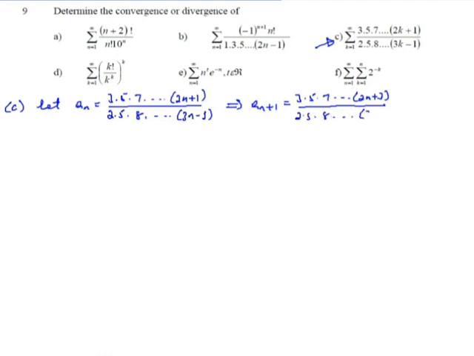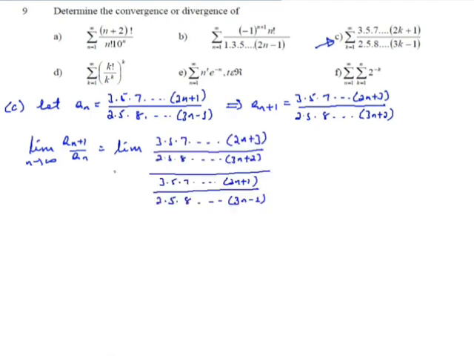The last term will be 3n plus 2. Okay, so let's evaluate the limit of the n plus 1's term by the n's term as n approaches infinity. So this is the same as the limit of 3 times 5 times 7 as n approaches infinity. So when we rearrange this and simplify, this becomes